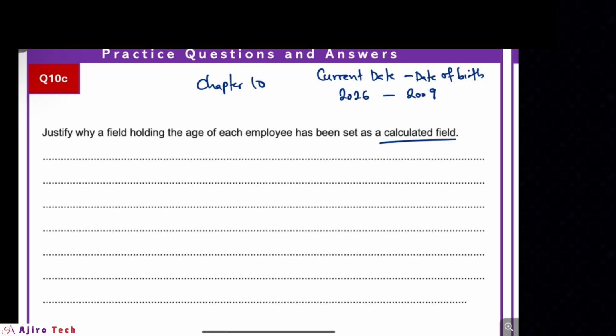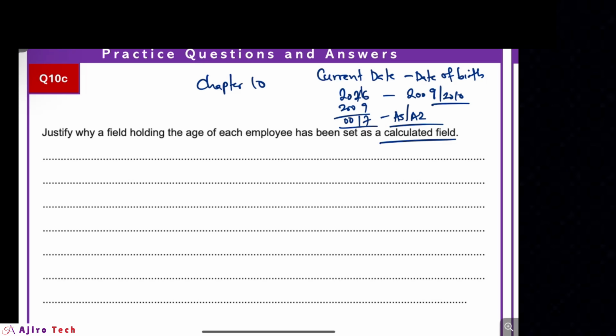So this is how you do it. If you do this calculation now, you will see that you are having 2009. This is 16, this is 17. So the child is what? 17 years. So this child will be either in AS or A2, right? Or 2010. Okay, so that's how we do it.